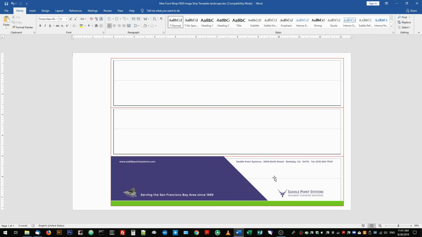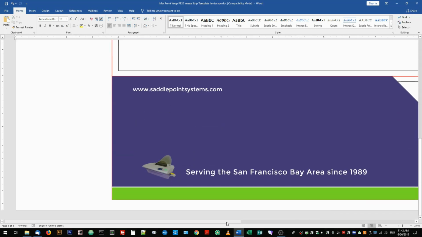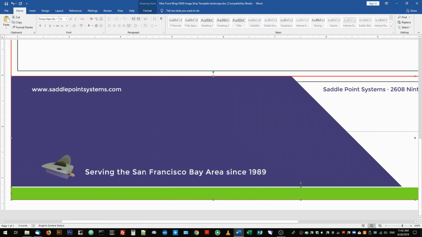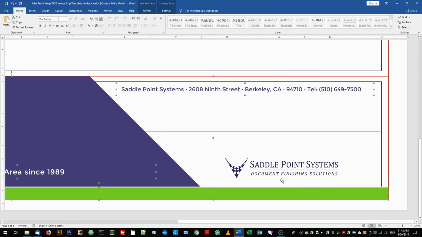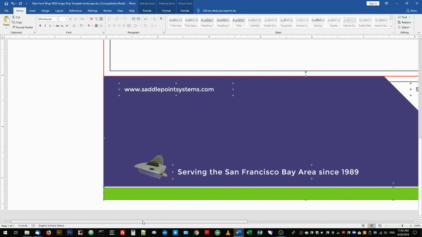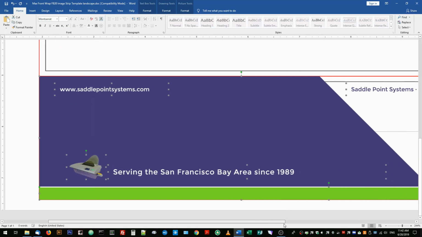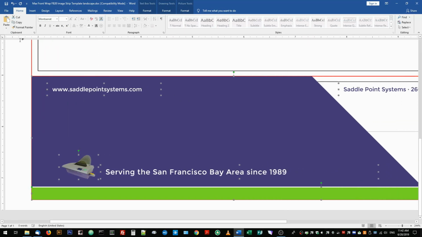Now, I want to replicate what's on this strip on these two right here. And that's pretty easy. I'm just going to zoom in a little bit, and when I'm clicking on each object, I'm going to hold the shift button. So I'm holding shift right now, and I'm going to select my green box, select my white line, my background, and all my text boxes that I've made, my logo, and I can let go of the shift button if I need to scroll, and then hold it again before I click my mouse, and then I'm going to select my last image, and I'm going to copy right now what I've selected by going to the home and copy,